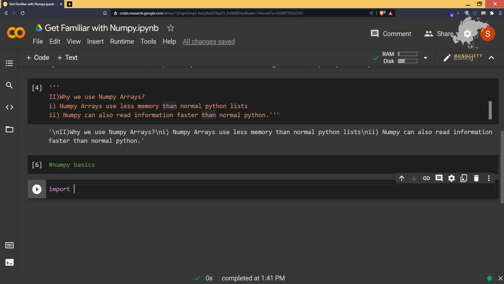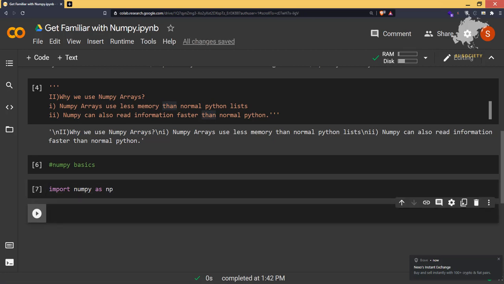So let's first of all import numpy as np. This statement is going to import all the functions, libraries and classes, and all the things that are related to NumPy. We can use those functions directly by just typing np dot, and your function is going to appear. np is something known as an alias that we use as shorthand for NumPy. We don't need to write NumPy every time, we will be using np. So let's move forward.